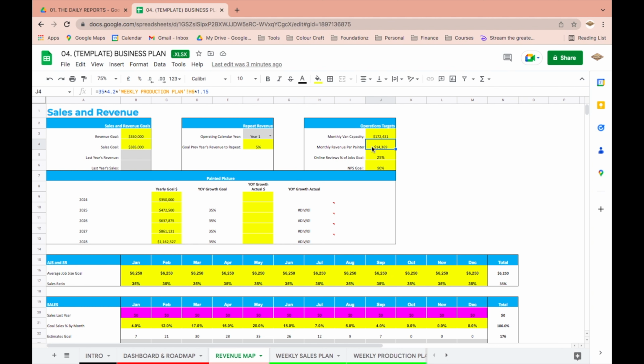And the way that that's getting calculated is, you can kind of see it up here, it's 35 hours a week of work getting worked in a week on average, accounting for rain and whatnot. There's 4.2 weeks in a month, and then it's multiplying it by this other tab over here. That is actually grabbing our charge rate, which is how much we charge our customers per hour.